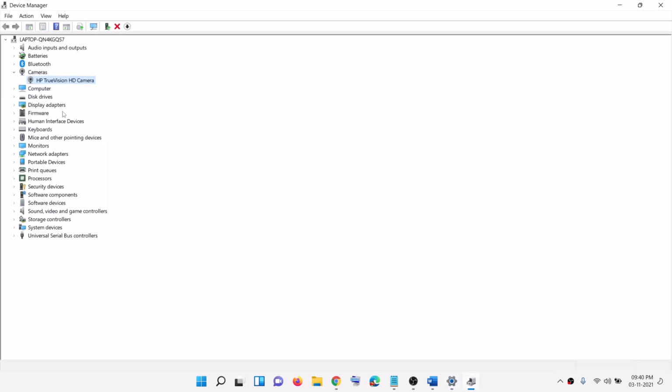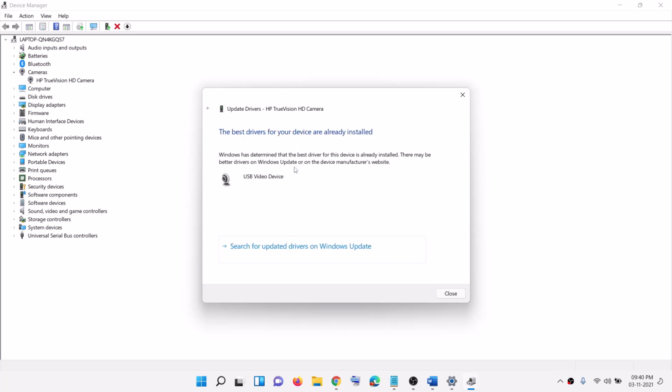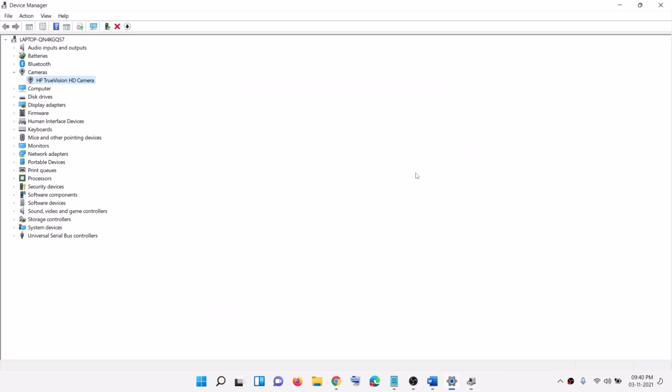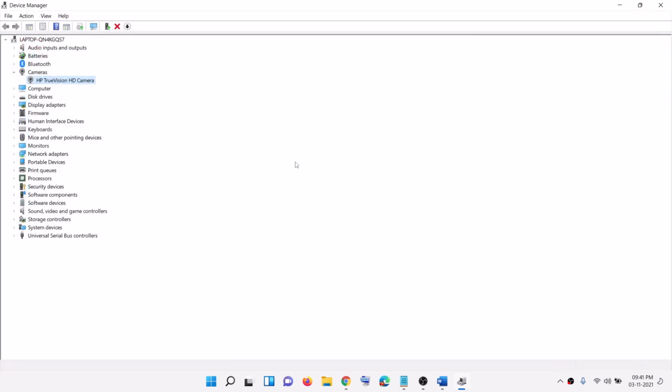in that case, again open device manager. This time right click, select update driver, then click on search automatically for drivers, and then click on search for updated drivers on Windows Update, and this will launch Windows Update. If there is any update for the camera, it will go ahead and update it, and then you can check the camera. But if you're still facing the problem,